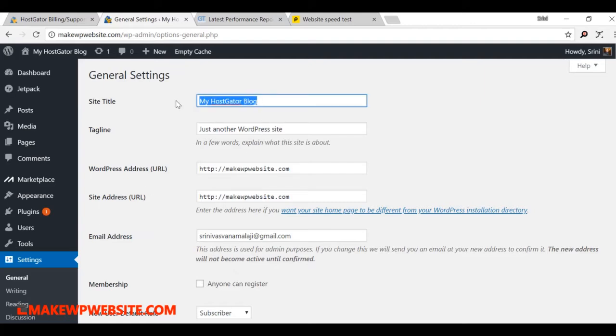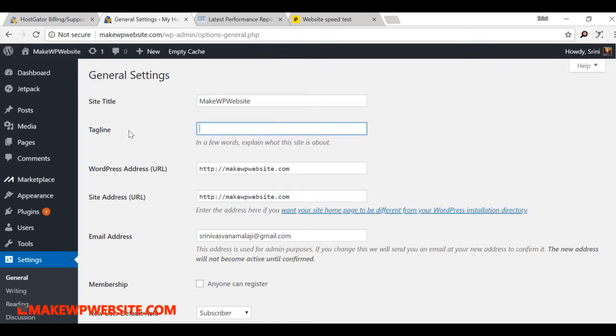Okay, so here is the text, it is the same text you see here. So once you change this, this will be modified. So let's say make, you see it's changing whenever you're typing it here. So you have a tagline, that's my tagline for the site.